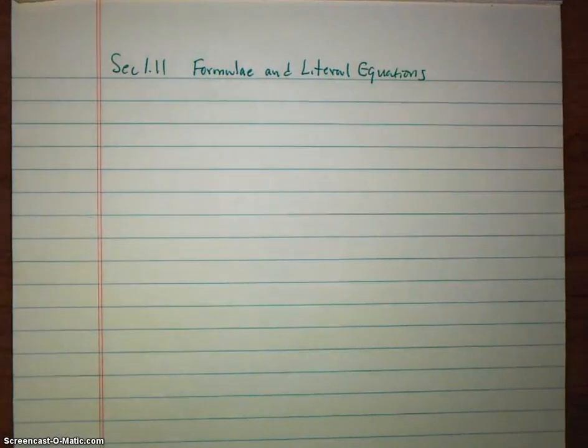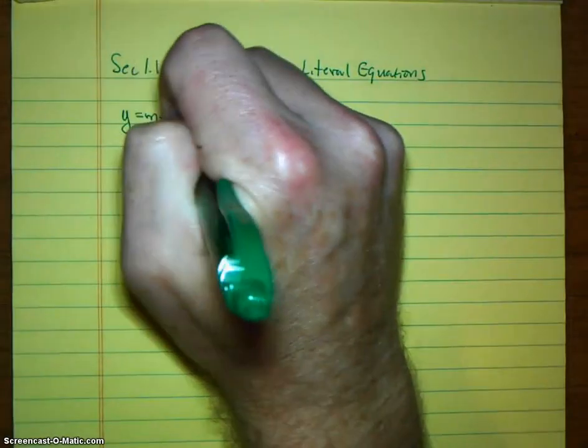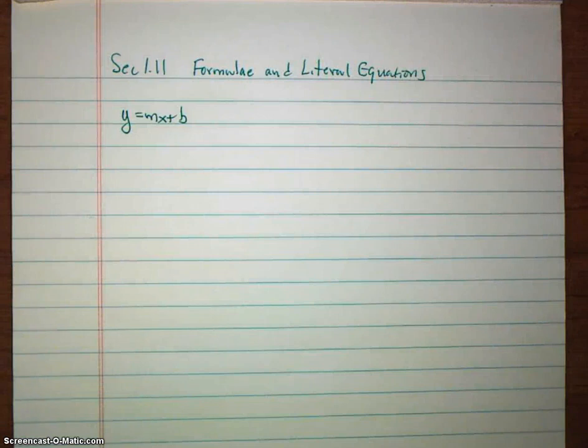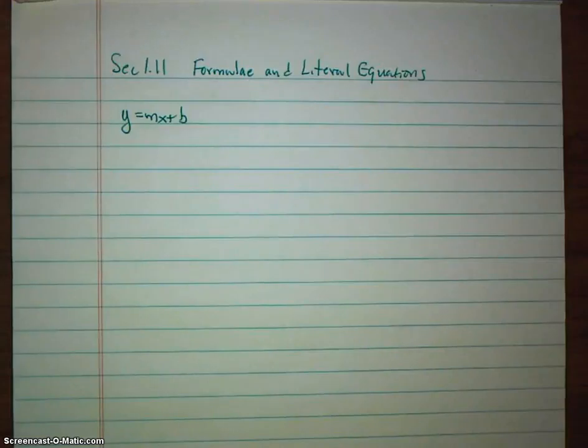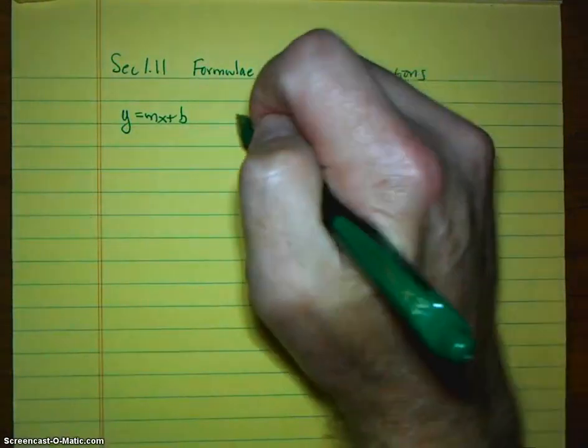All right, so typically, when I cover this section, I'll ask students, tell me a formula that you know. And the first one they almost always give me is y equals mx plus b. And they'll say that's the slope formula. And I will say, no, that is not the slope formula. Although that formula does have slope in it. M is the slope. This is actually